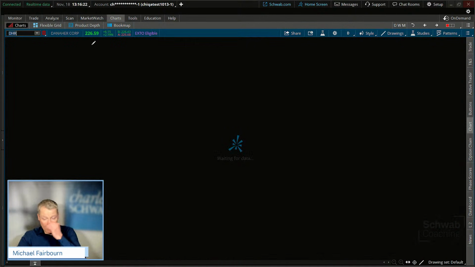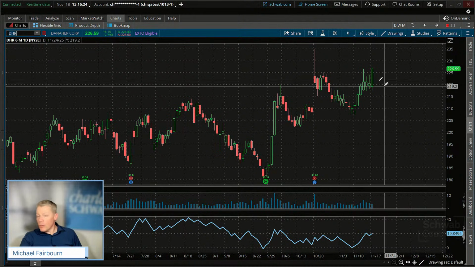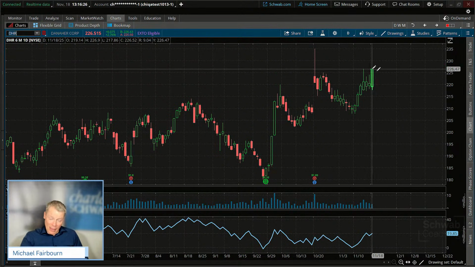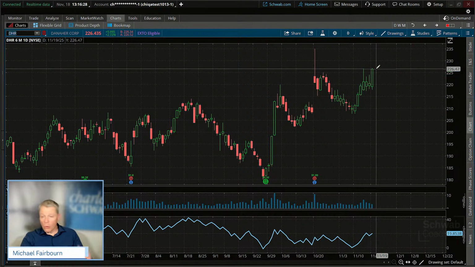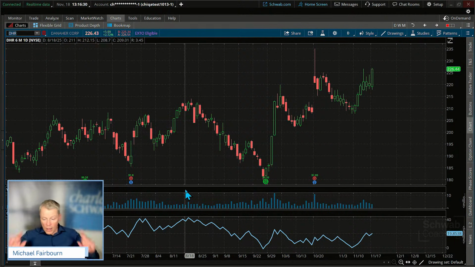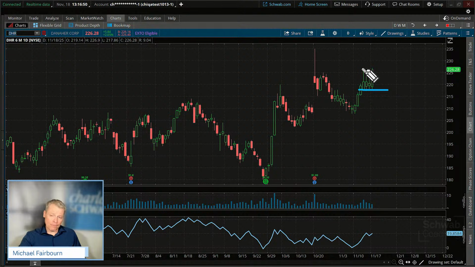Anyways, DHR, that's kind of an overview of it. I will be watching this. If I do get a close, I'm going to add to that position, and we'll see if we do get that follow through or some weakness. The last thing, and that was a lot, but we're throwing out some concepts in here with some of these trades that we did, in terms of a review that we previously did, because you want to be able to have some ideas of trade management too. As that trade's unfolding, it's very, very important to watch potential profitability and all.